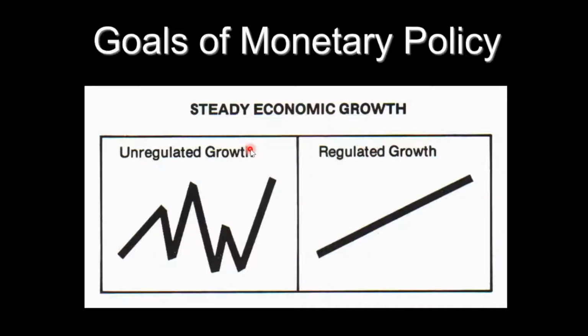Okay. Well, the goals of monetary policy are quite simple. Regulated growth over a long period of time that you can see here over on the right is much preferable to unregulated growth, which feels like a crazy roller coaster. We are going to have rises and falls, but if they're around that even growth trend line, then we're doing monetary policy the right way. You're going to have contractions, you're going to have expansions, but basically they should average out to a positive trend